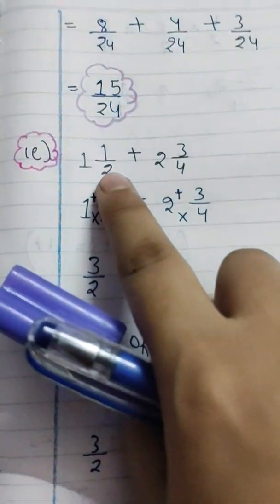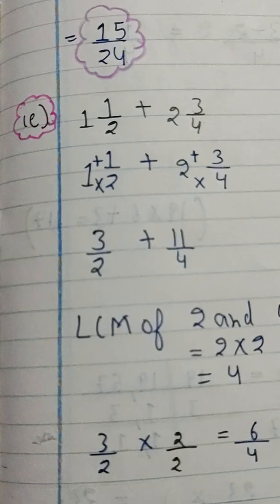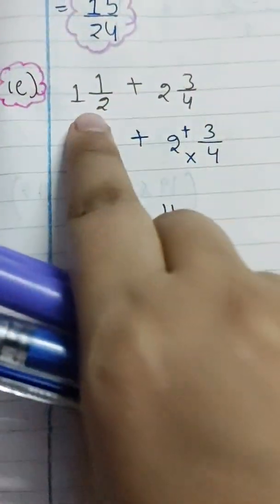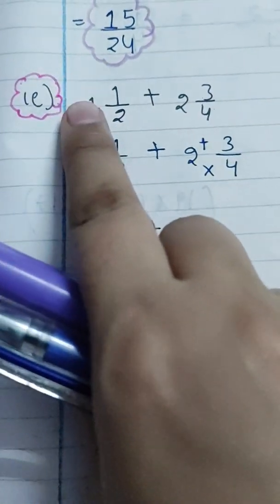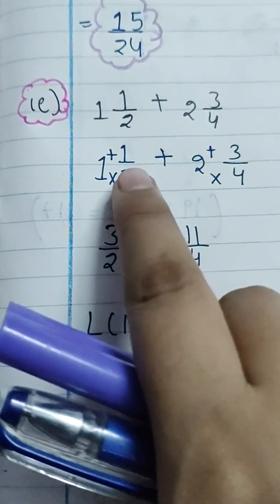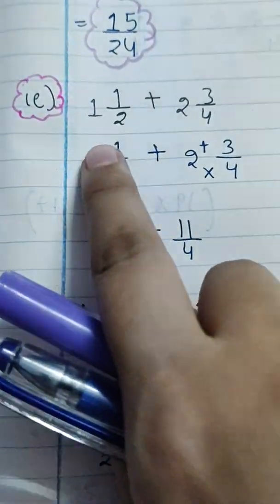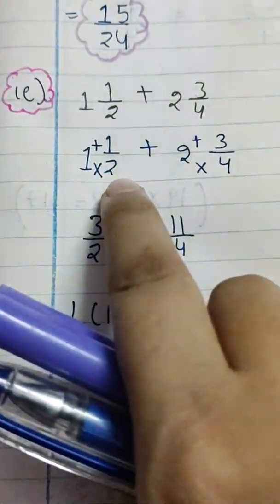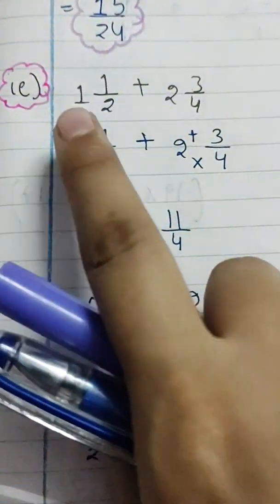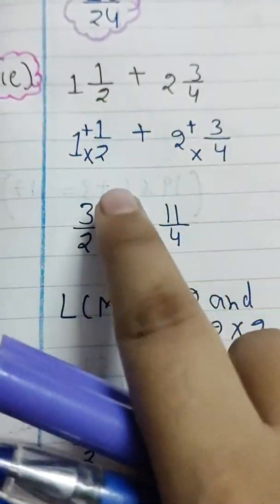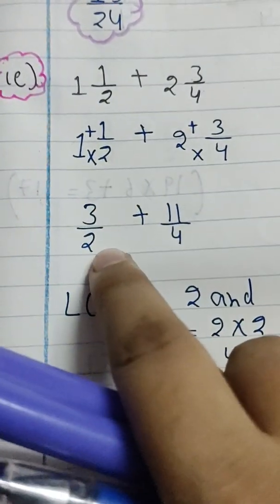Now we are having mixed fraction addition. Yesterday also we have done this thing, so I will repeat it so that you can understand in a much better way. 2 and 1 by 2, plus 1. How will you solve it? Firstly multiply with the whole number and then add the numerator, and the denominator will remain the same. So 2 times 2 is 4, plus 1 is 5. Okay, so the denominator will remain the same and you will add these numbers like this, and 3 by 2 you have got the fraction.